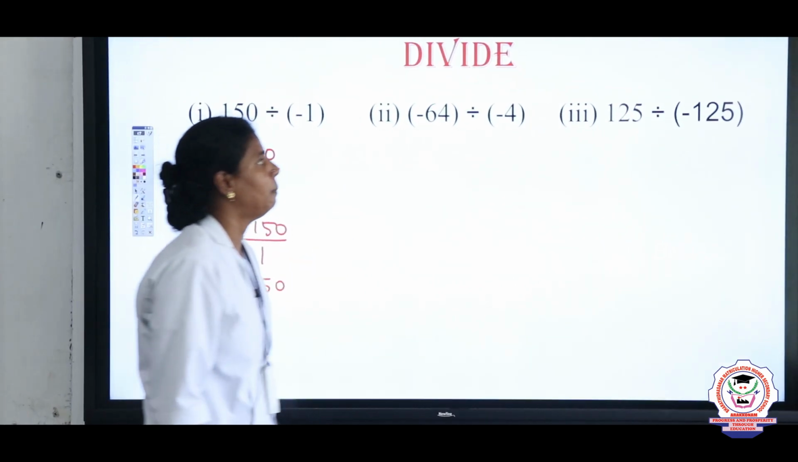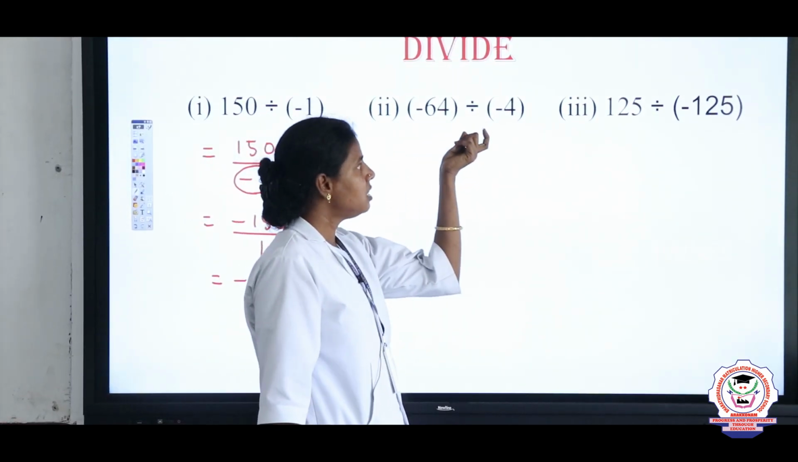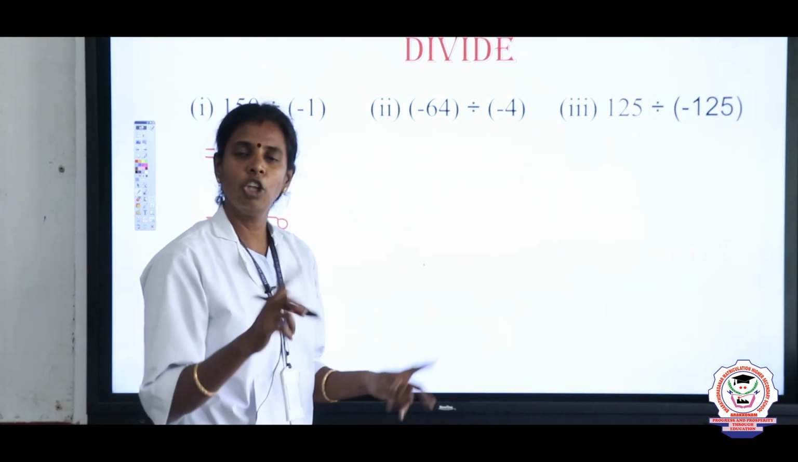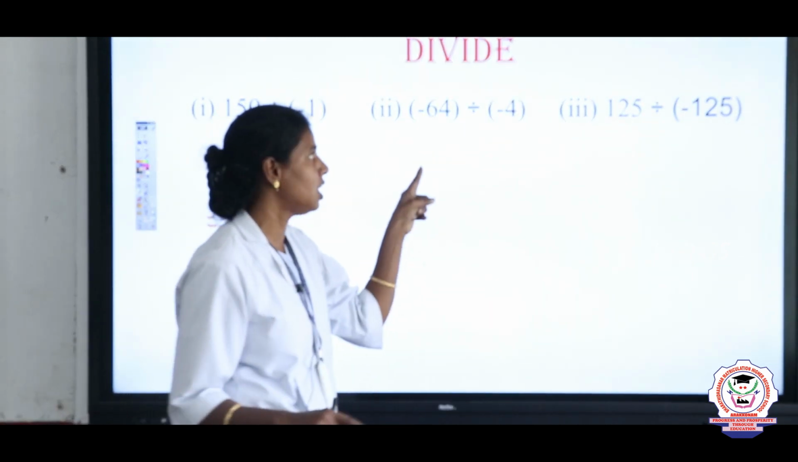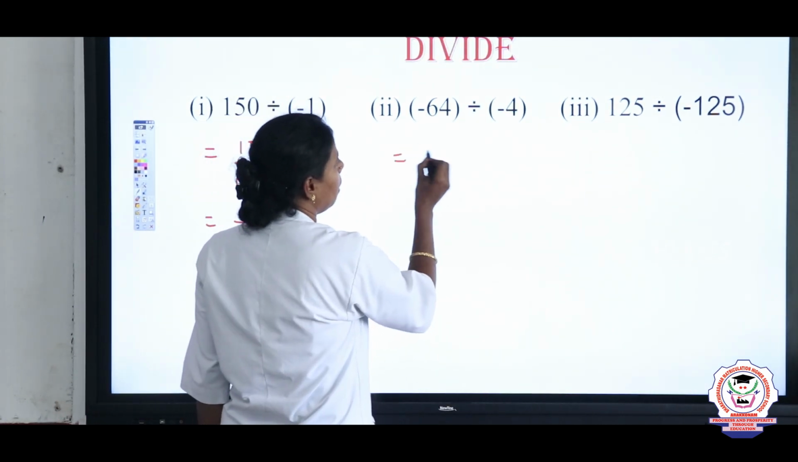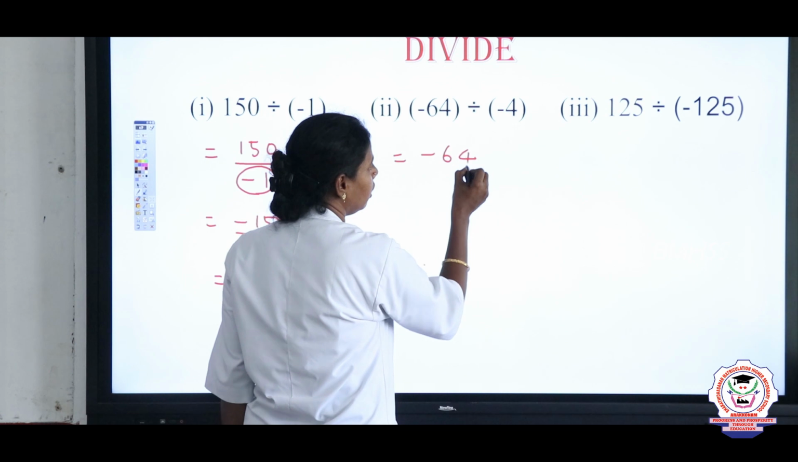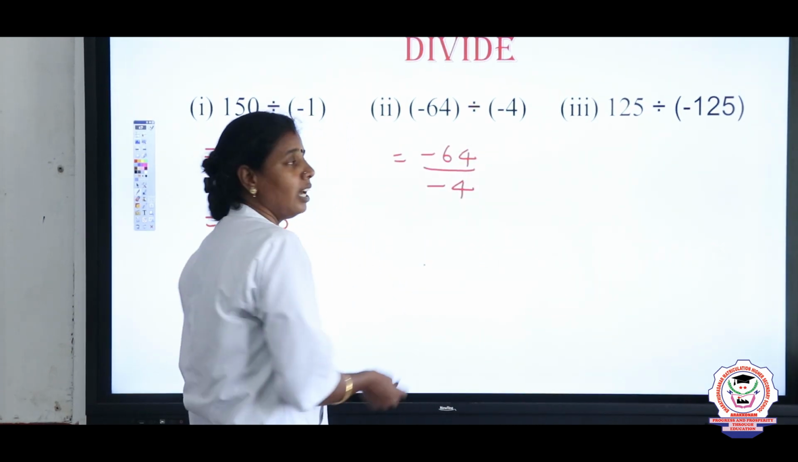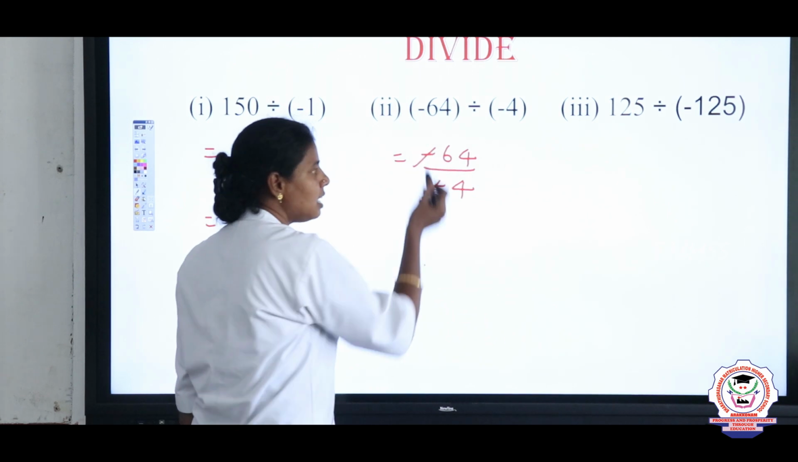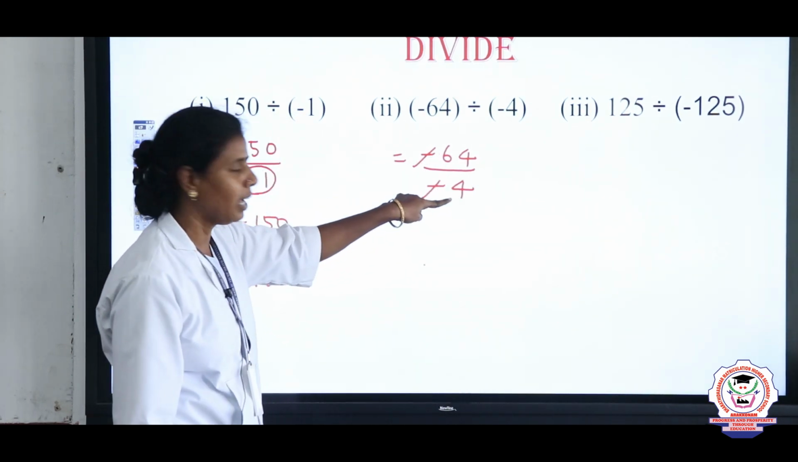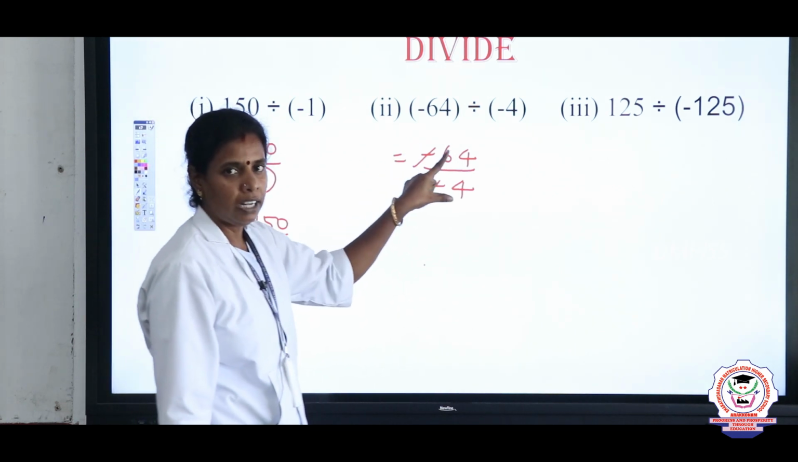So a positive integer divided by a negative integer gives the answer as a negative integer, right? The second example is a negative integer divided by a negative integer. Negative divided by negative, both are in the same sign. I told you in division the answer will be positive, right? We will check the answer now. Minus 64 divided by minus 4, right? Here what shall we do? We can cancel both the negative signs,